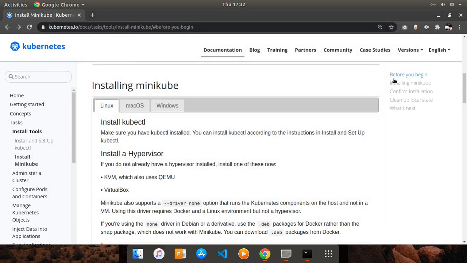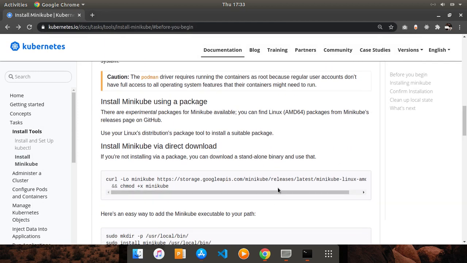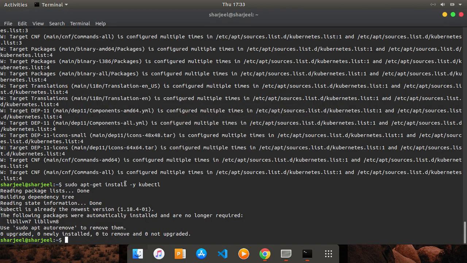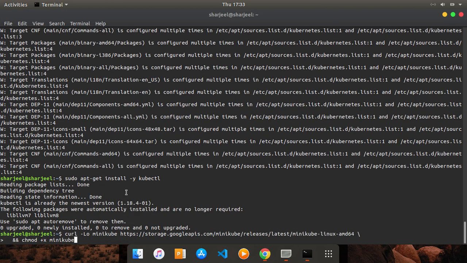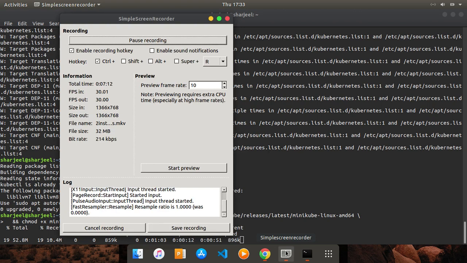And after that you need to install Minikube. So the last part is to install Minikube. Just copy this command here and paste it here, then press enter. It will take some time according to your internet speed. Now it's showing me 1 minute, now 55 seconds. So let me pause the video, and when this process is finished, I will show you further.